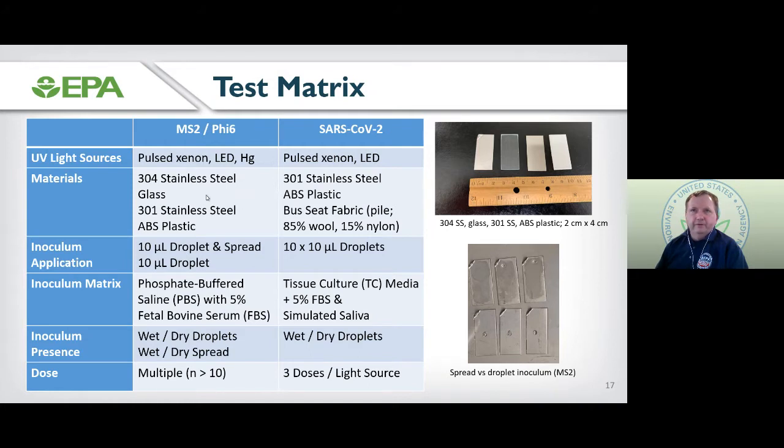We had other materials included: glass, stainless steel, and ABS plastic, which are commonly encountered materials in a subway car. That was what was included. We also included a bus seat fabric. Needless to say, it's found in your bus seats in a metro,